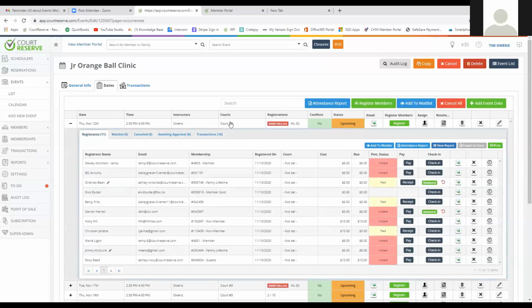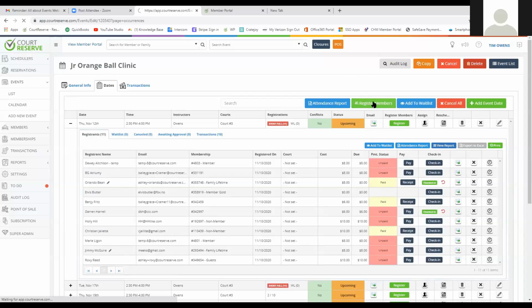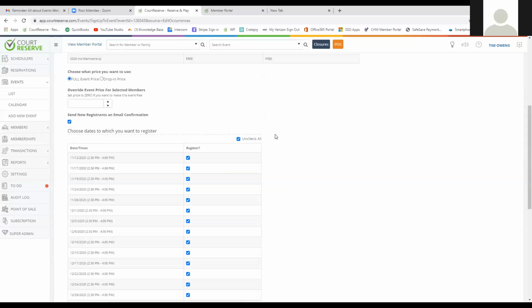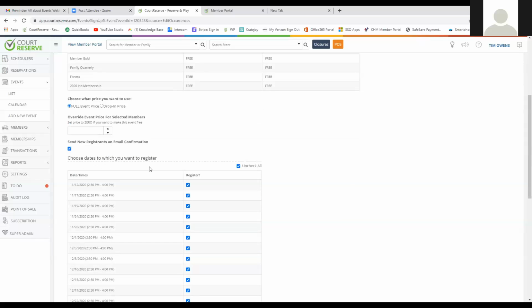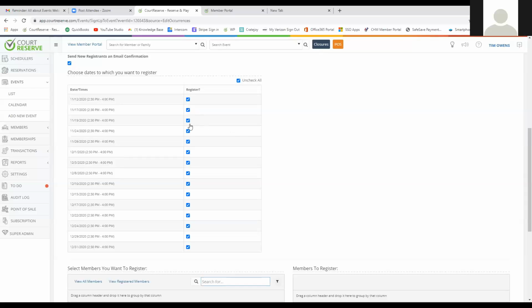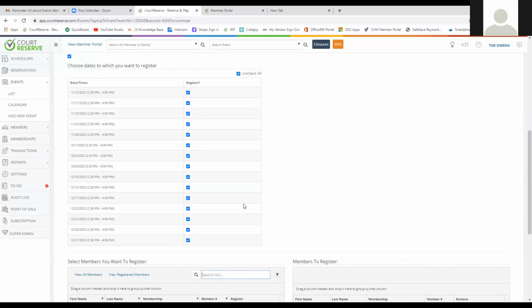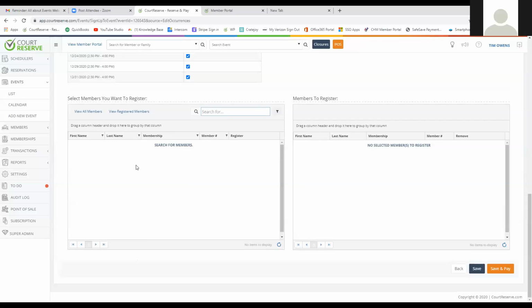Okay. Now there are a couple buttons here as well. You can add an event date. You can cancel. Again, be very careful with the red buttons. You can choose to add students to the wait list, but you can also use this button here to register members. So I'm going to click on this. Now, again, lots of great information here that you need to read through. They're going to get a confirmation email. You can override an event price, but here you would actually click on the dates that you wanted to register for a particular student. If you have students that are drop-in and you just want to view your registered members,